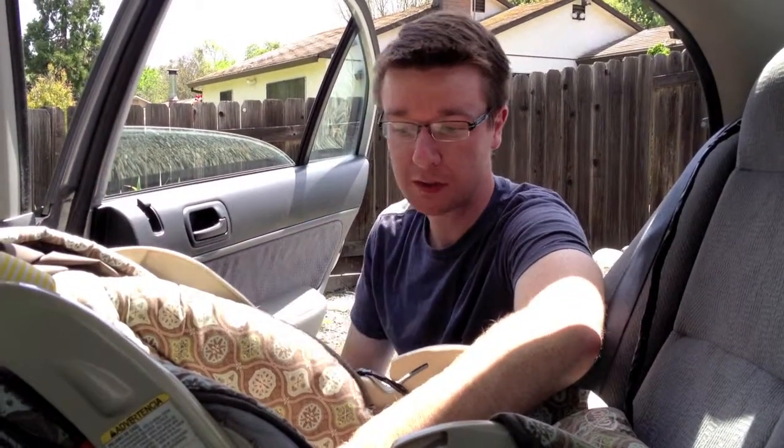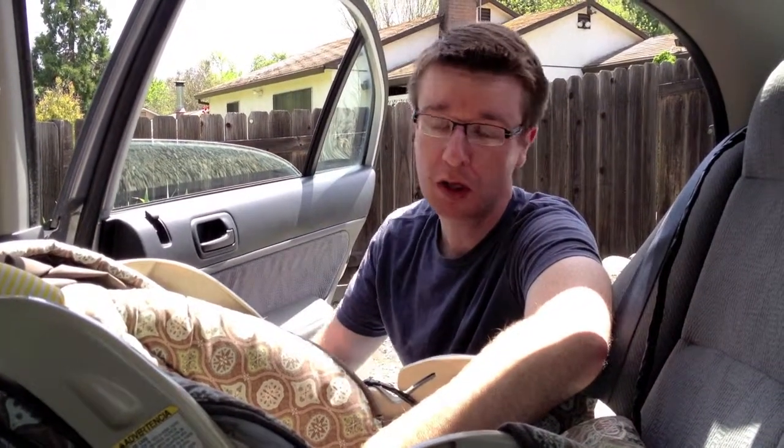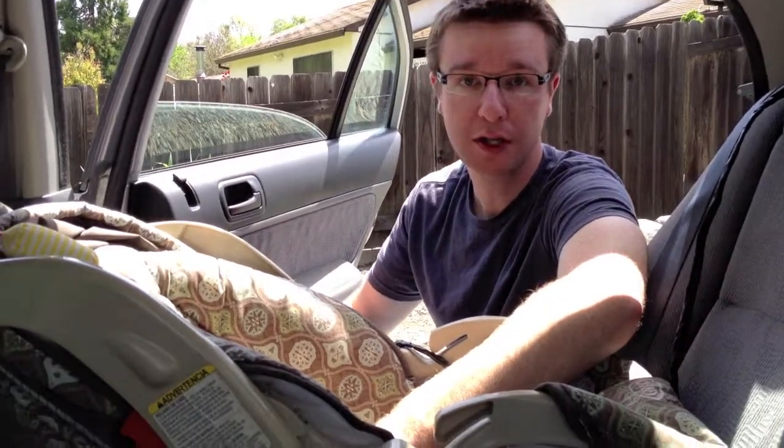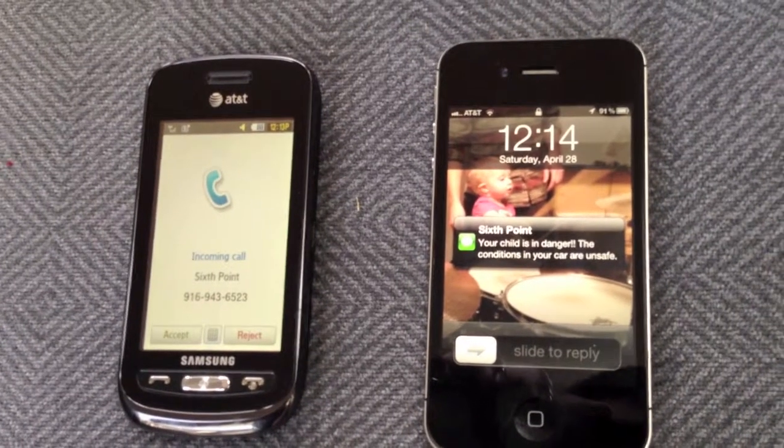But once the system is activated by my hand being in the car seat here, first some alerts are going to go to the cell phone numbers that we've programmed into the system. We'll send a text message and a phone call. And then as you can hear, the local alert also goes off with lights and sound. So anybody passing by the vehicle knows what's